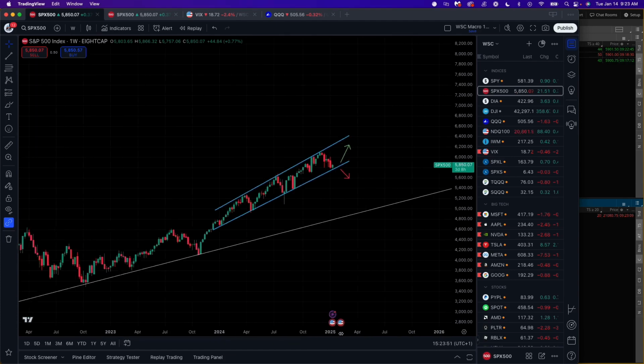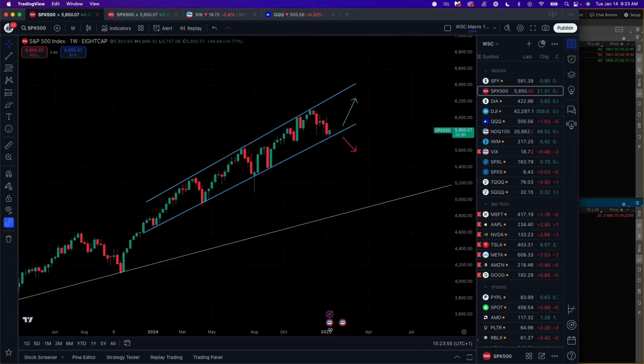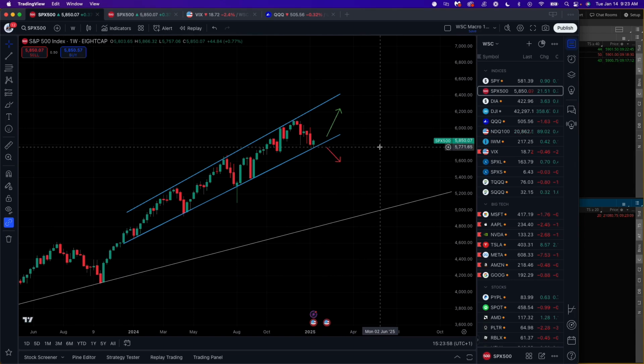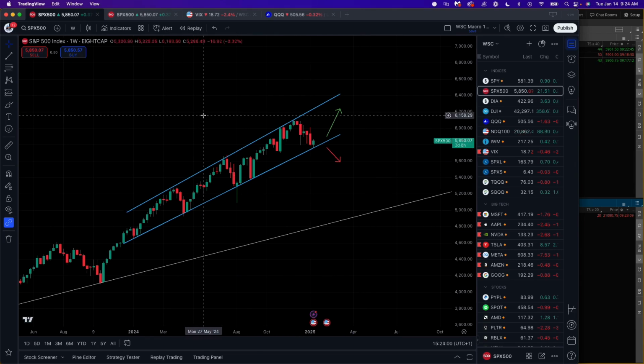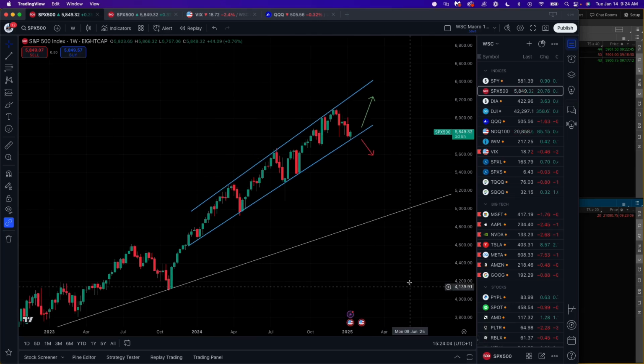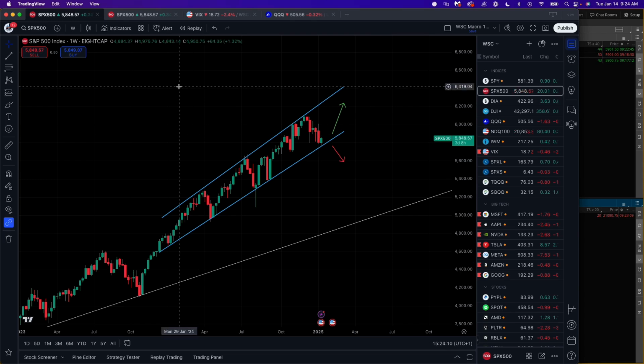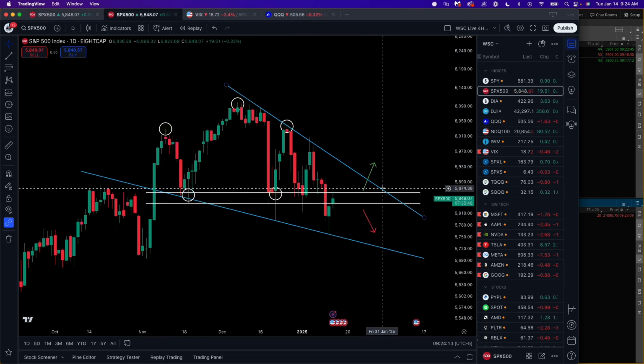I don't do predictions. I only do reactions. And of course, we cannot just all of a sudden predict a potential bear market. But if we break this 2024 structure, that would look like 2025 would not follow the bullish momentum, at least in the first weeks or even the first 3 months. So those are the levels to watch on the S&P 500. It's all about